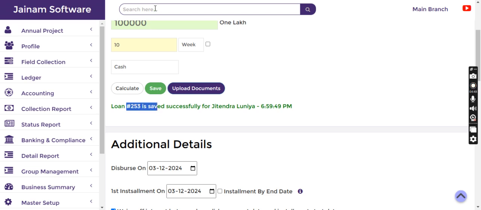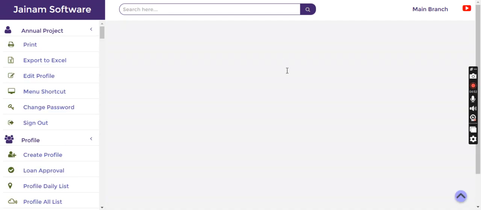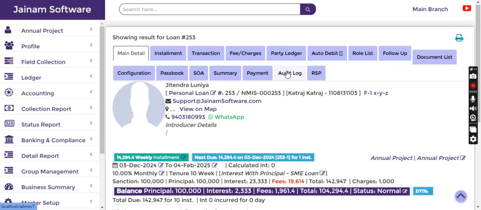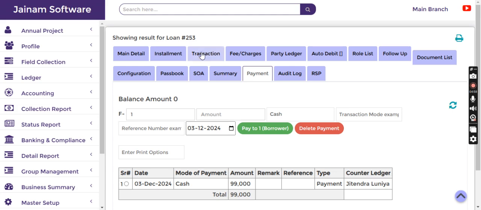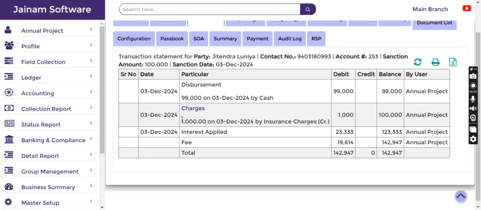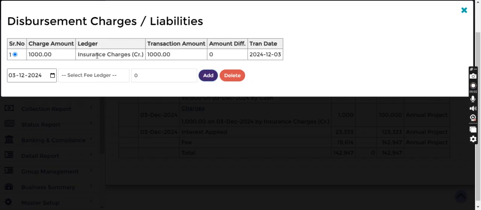Loan 253 is created. I search loan 253. In payments section, I can see that 99 is paid to the party. In transaction, I see that only 1000 is charged. I click charges. It will